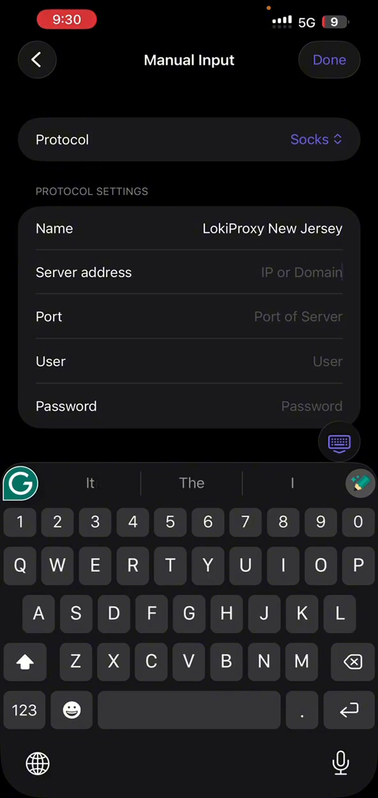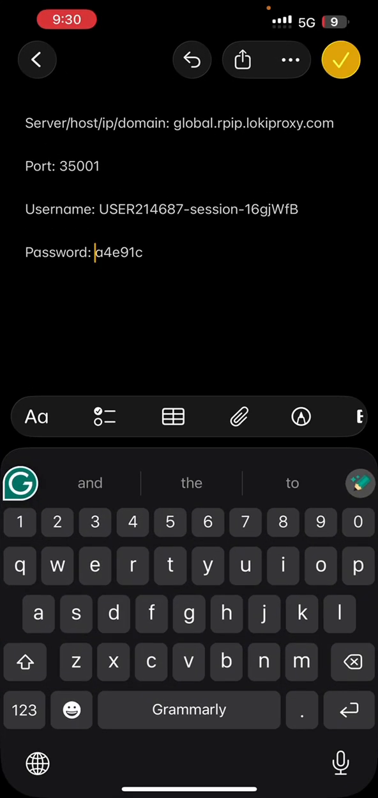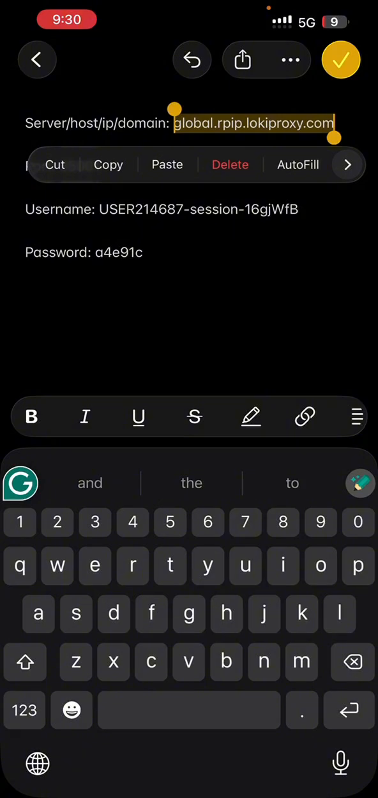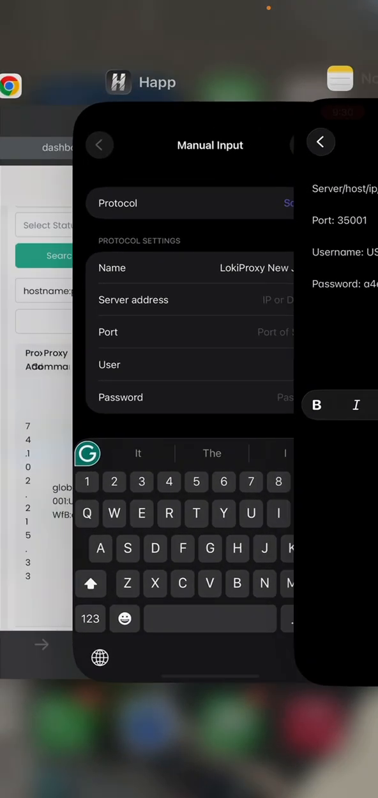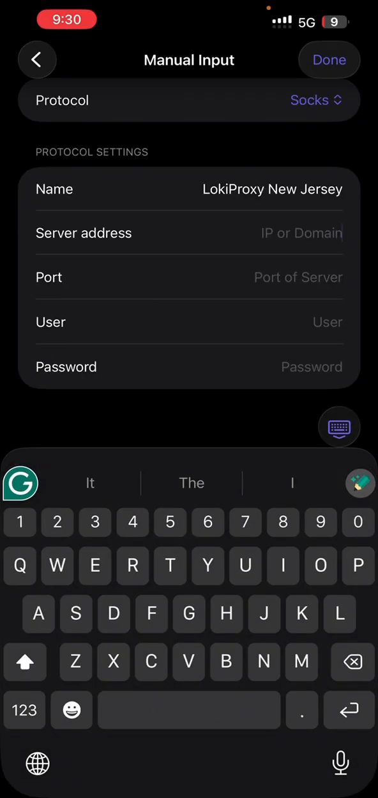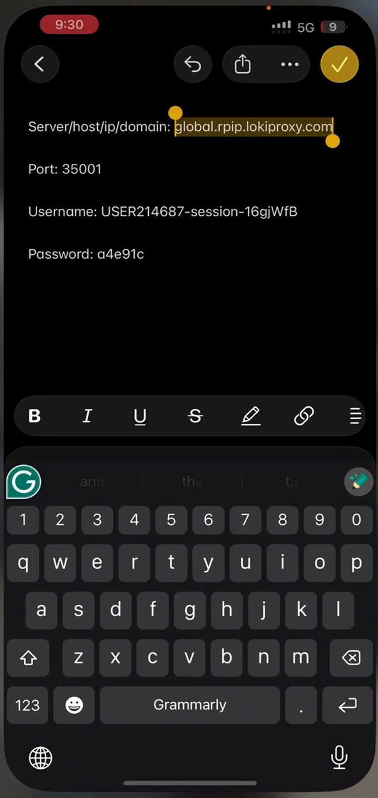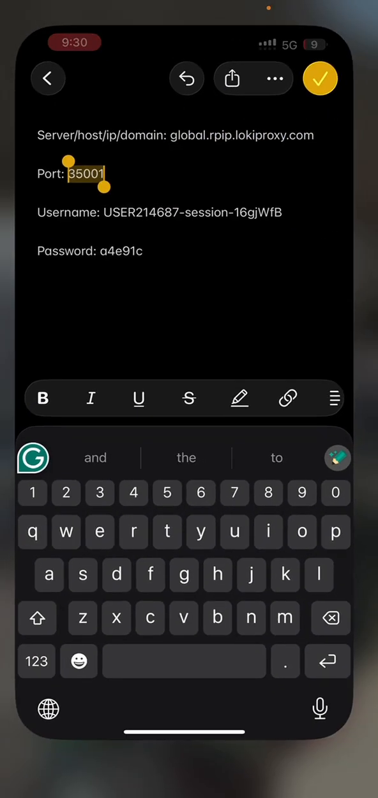Otherwise you'll be saying it's not connecting. The name, protocol name, is any name you like. So in the server, as I mentioned earlier, some people call this server, some call it host, some call it domain, IP. So this is the server, copy it and put it here. And this is the port, copy it also,